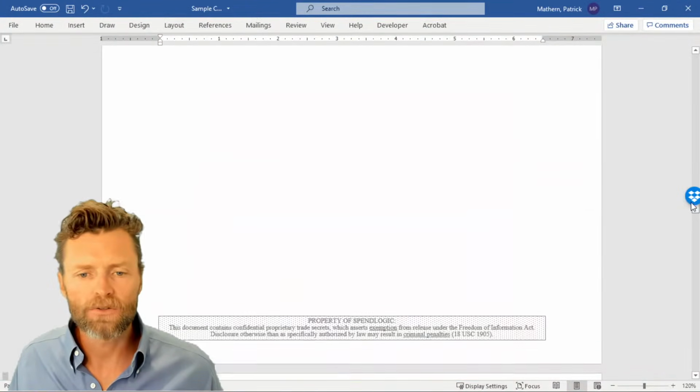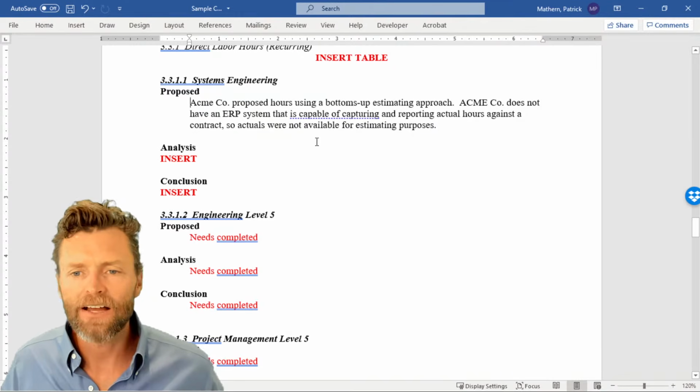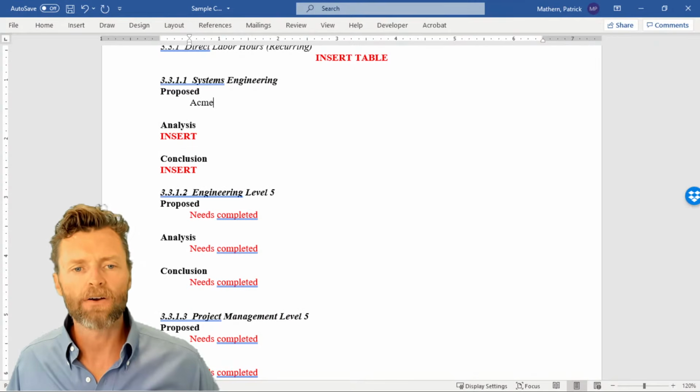Let me go back up here to, where did it go? Here we go, systems engineering. This is one example, okay? And in this case, you know what? I'm gonna rewrite this. So their proposal, Acmeco